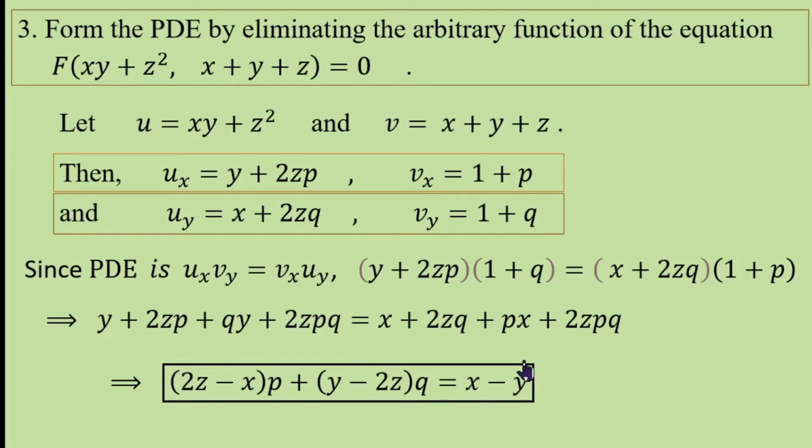So it is one standard form, linear form. How to write the solution in linear form: first collect all p and all q and write them on the left side, and the remaining term you write on the right side. So capital P into p plus capital Q into q equal to capital R. So that is the linear equation format. Okay. Next example.